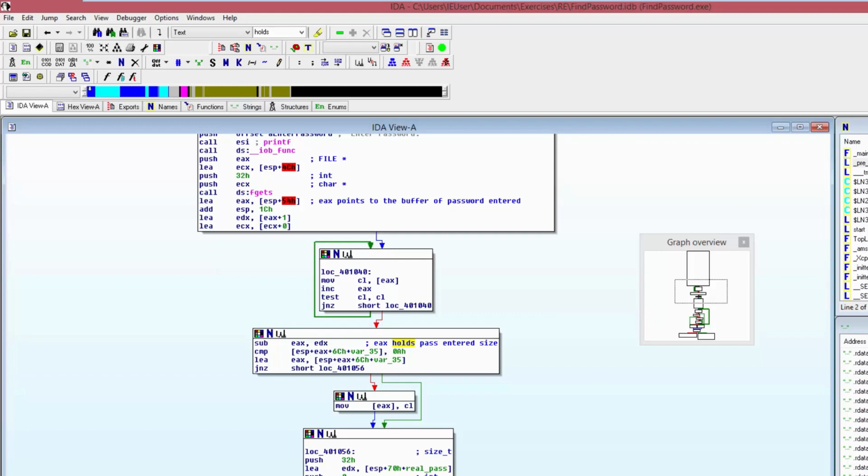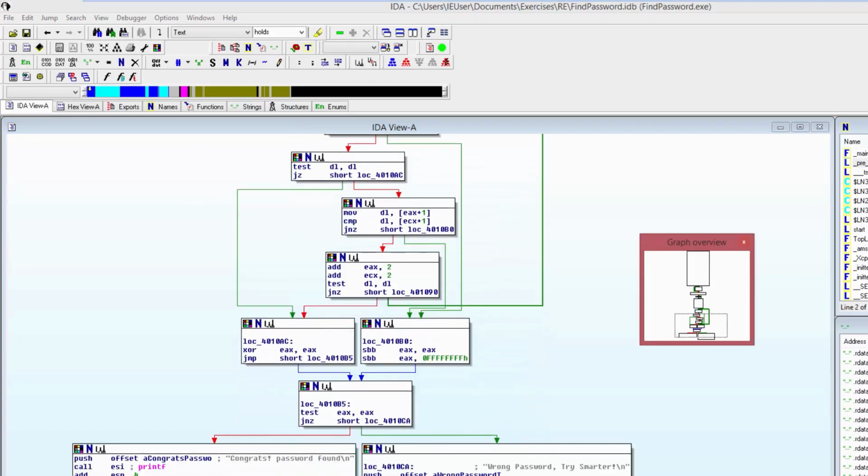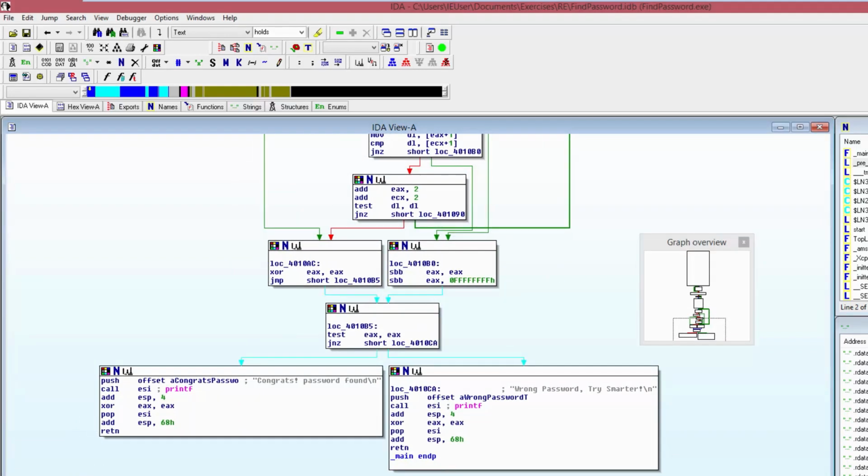So let's say that instead of saying wrong password, and you don't want to know the password, or it is hard to find it, you can put up here in this jump decision, you can change it to the opposite meaning, so that it is gonna jump into the congrats when it is a wrong password, and it's gonna jump into the wrong password when it is the right password. In other words, if you change it, you can always put any password and you will always get the congrats